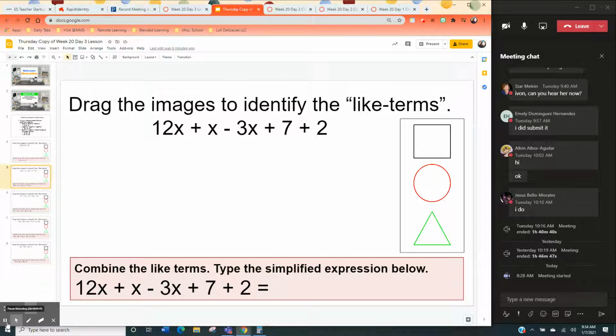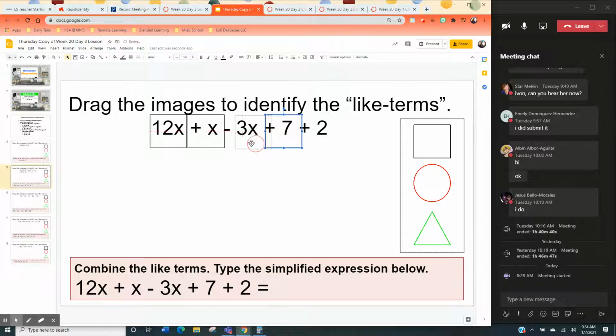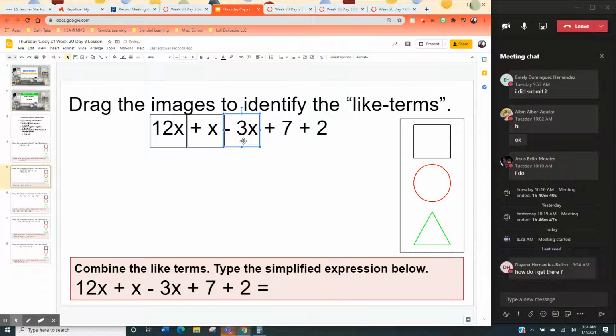Okay, so let's go ahead and look at what I would do. So I have 12x plus x minus 3x plus 7 plus 2. So I'm going to go ahead and put shapes around my like terms. So 12x plus x and minus 3x are all like terms because